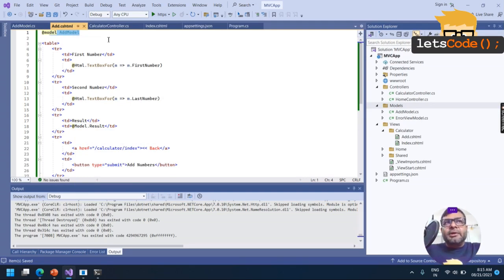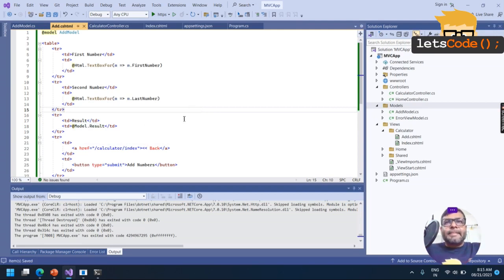Add model obj equal to new, and then obj.Result. Here, capital Model is the keyword that is reserved for the model class of the view. That is the reason we need not create it. It's a framework. The framework has reserved this particular variable for the instance of the model class of the view. So that is the reason I am writing model.Result.